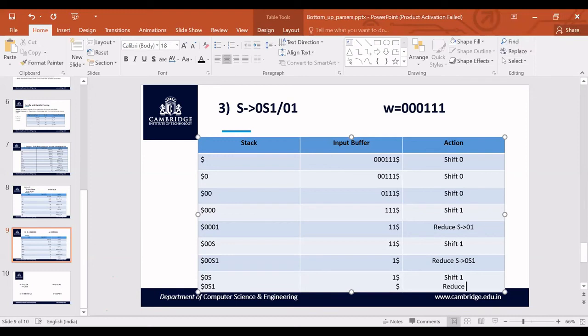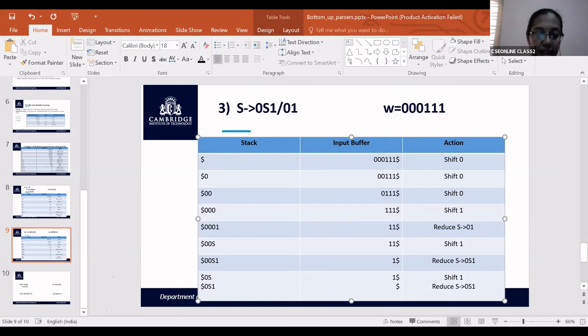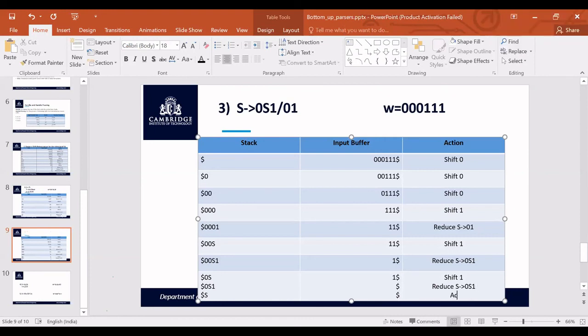Reduce 0, S, 1 to S. So when I do this, I am getting the start symbol on the stack, and in the input buffer I have just dollar, which means empty, and here I write it as accept. Accepted.